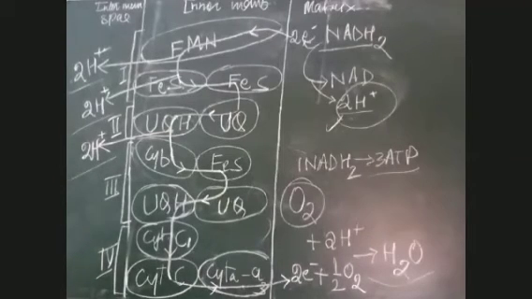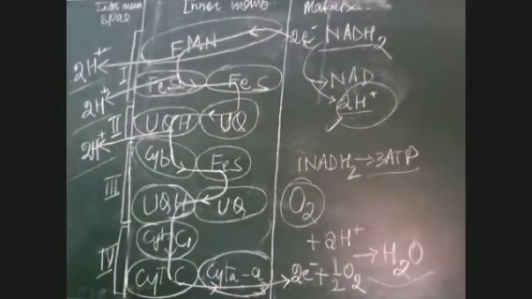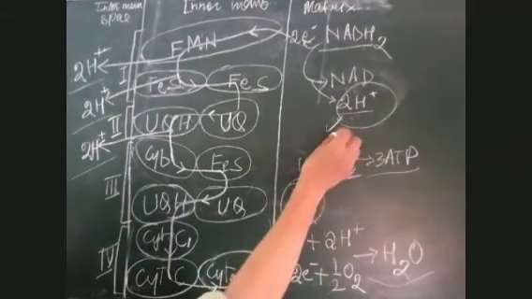So it doesn't combine with a molecule of oxygen. It combines with an atom of oxygen. So here the electron, which is present in the matrix now, combines with an atom of oxygen. Plus, I told you the protons are already available in the matrix. That is why there is a need to transfer the protons from here to here, and it utilizes a lot of energy. The protons are available here.